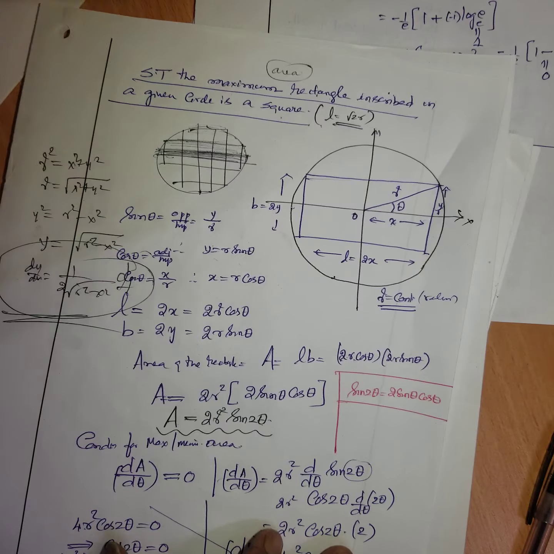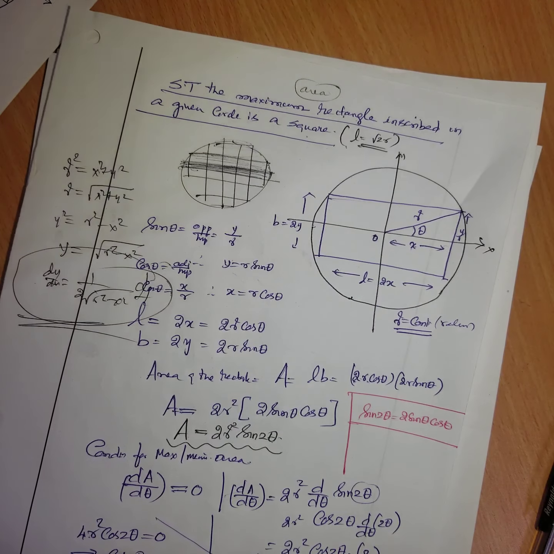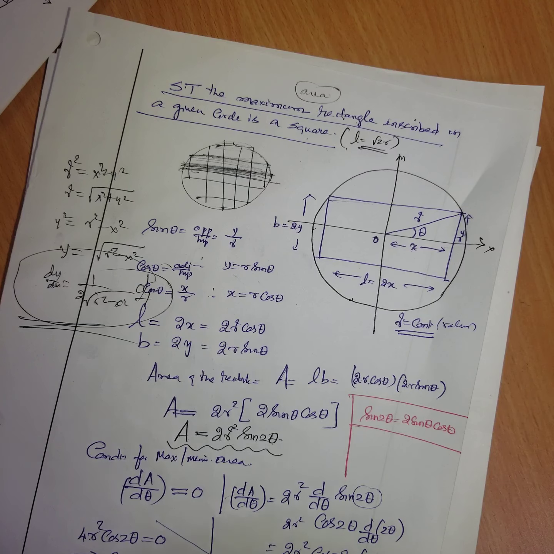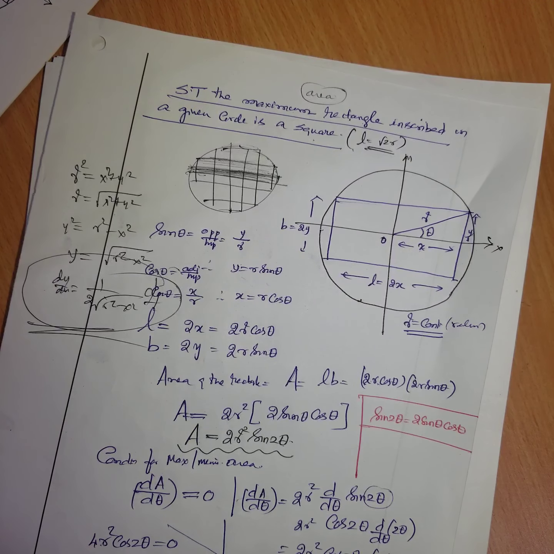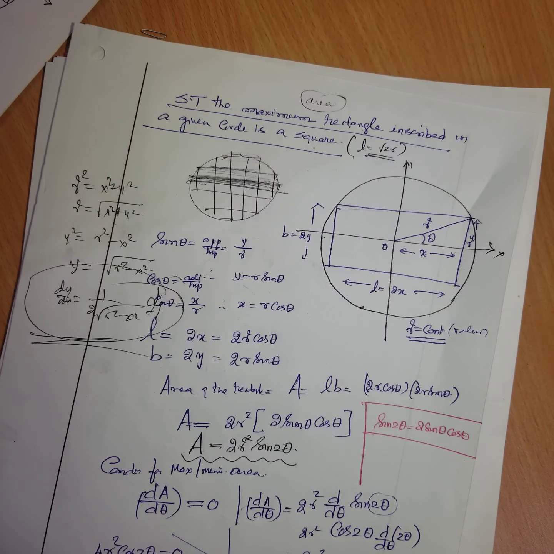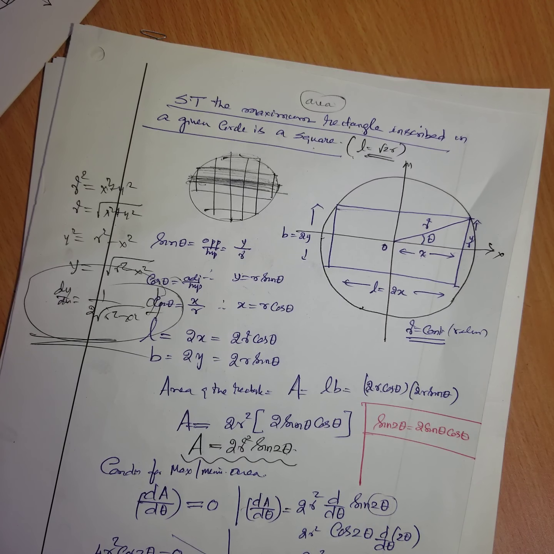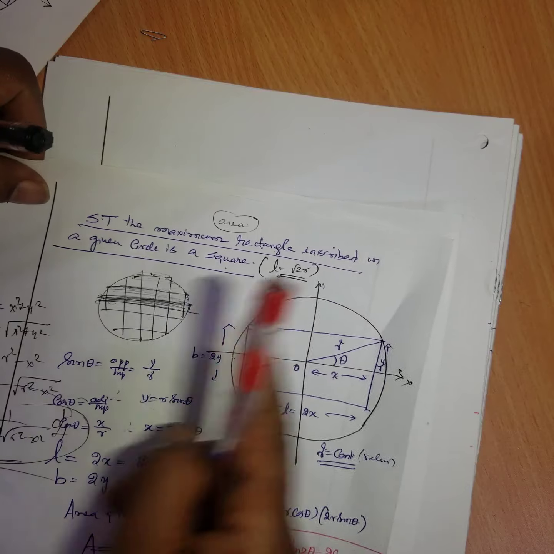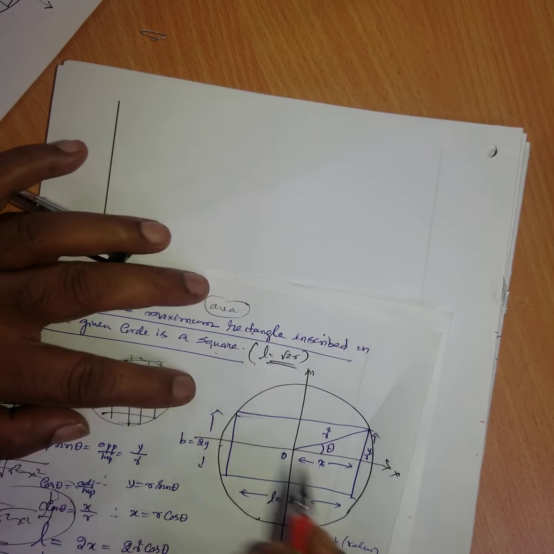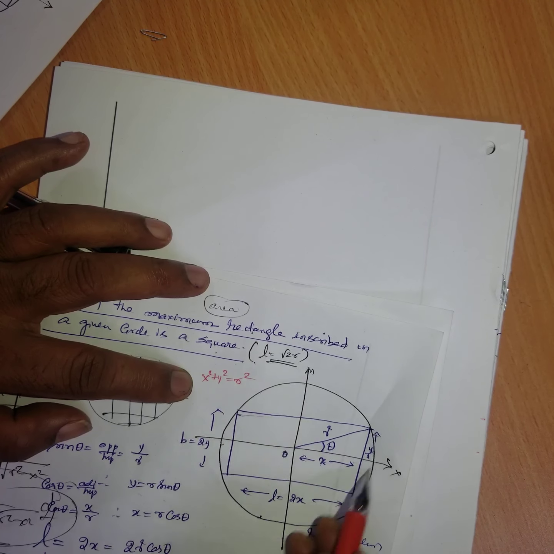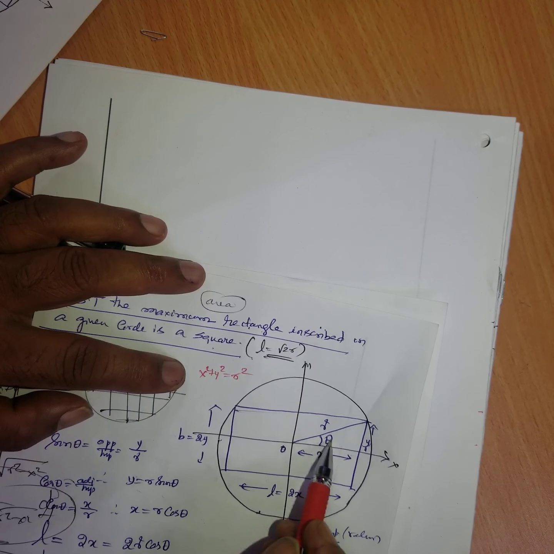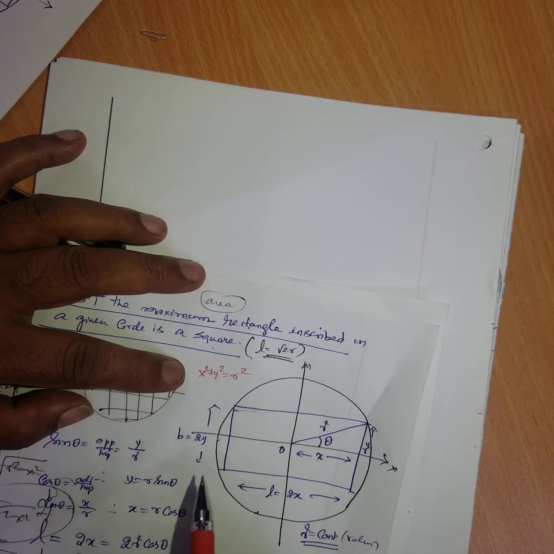Class, I have done this for you, but is it possible? Some students have asked: suppose in the examination I'm not getting the idea, how do I start? Here you write the same diagram. Here you have to write x square plus y square equal to r square, correct? Don't write theta and all that.